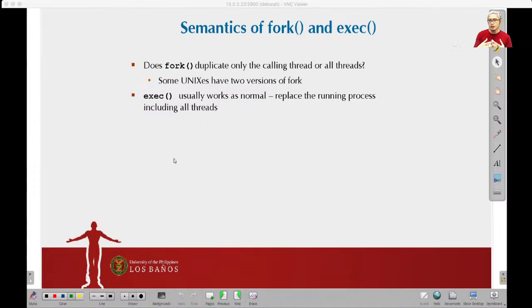The fork system call will create a new process, and the exec system call will override the program. It is actually a loader which will load the executable to the memory allocated to the process, basically overwriting the contents of the parent process. Okay. So regarding threads, if you implement threads, one question that will come to mind is, does the fork duplicate